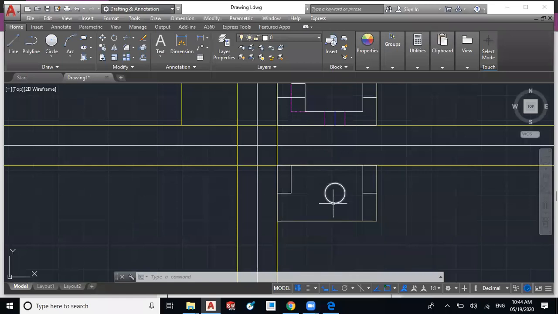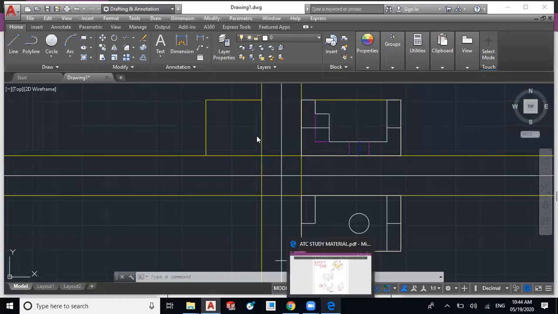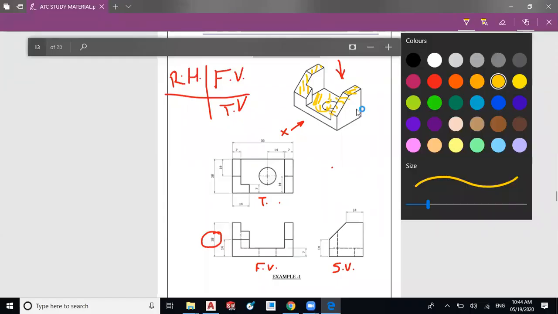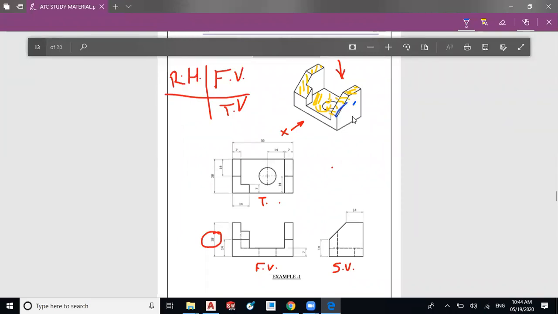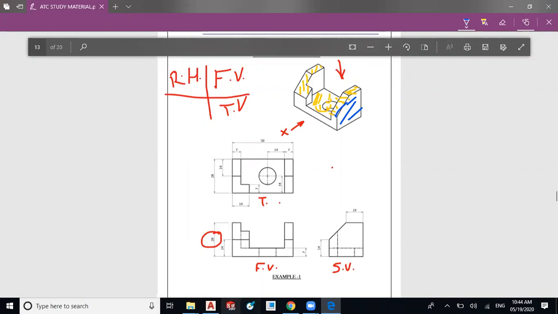And after that we will move to the side view. So the visible side view is this portion. Okay, so we will draw it first. The total height, this much height, this is 14, this is also 14, and we have to connect the inclined lines.